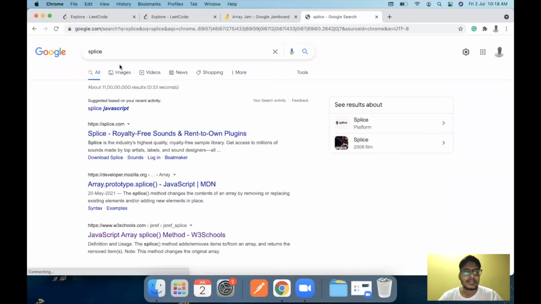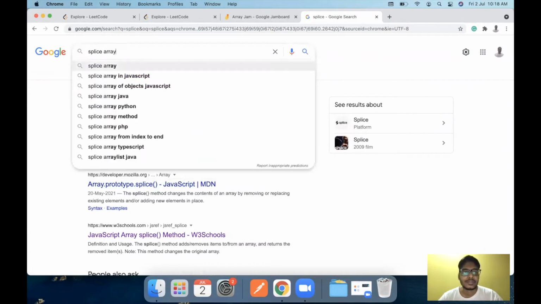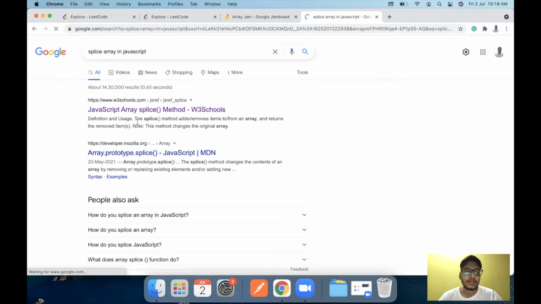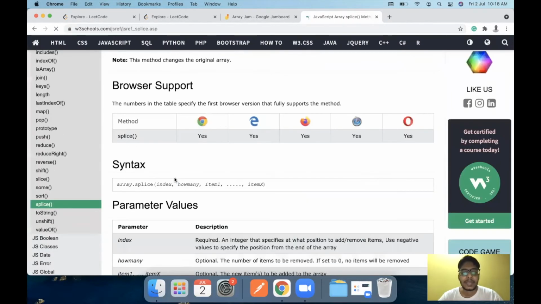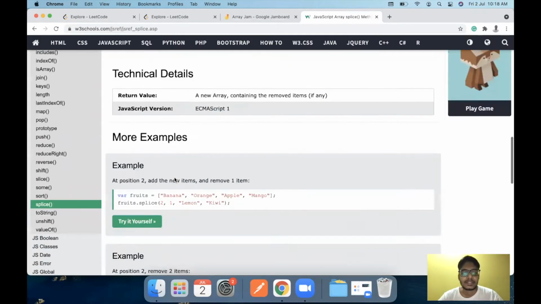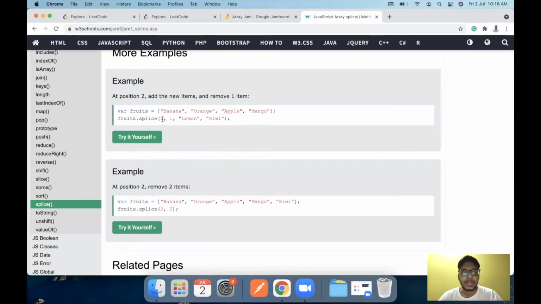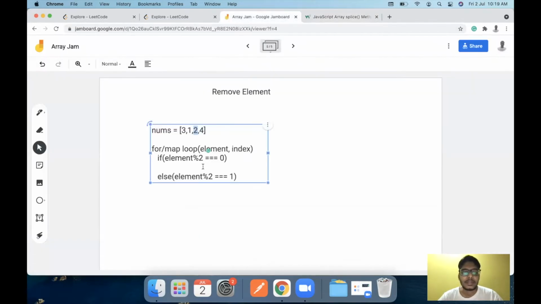So splice is an array operation which we can use to remove an element from its index. I had covered the splice method in the last session too. In this case, we pass first the element index and the number of elements to remove. We need to remove just one element. So let's say I go with the splice method here, which is nums.splice, and I pass the index value first and I pass the value as 1. So this will remove the element from here.